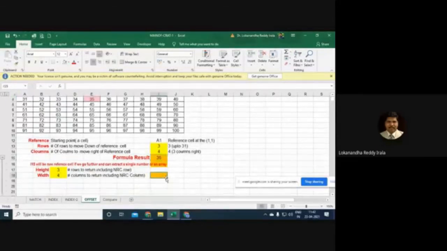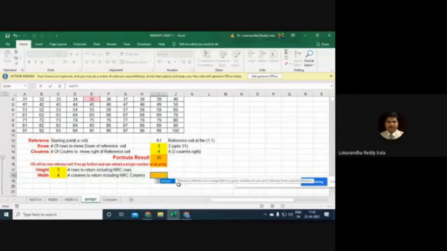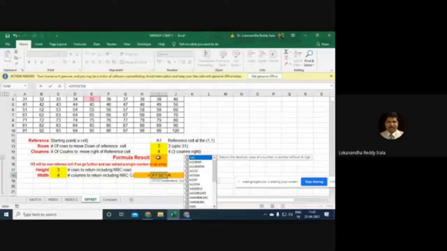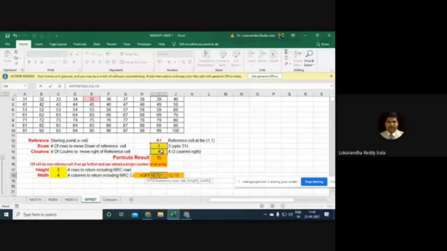Now, here, I would write the same function, offset. Reference is A1. Then go 3 rows, 4 columns. Then from there, you go 3 rows and 4 columns.